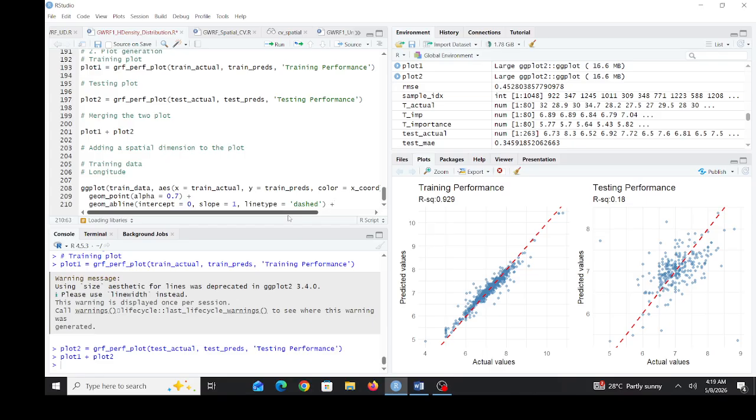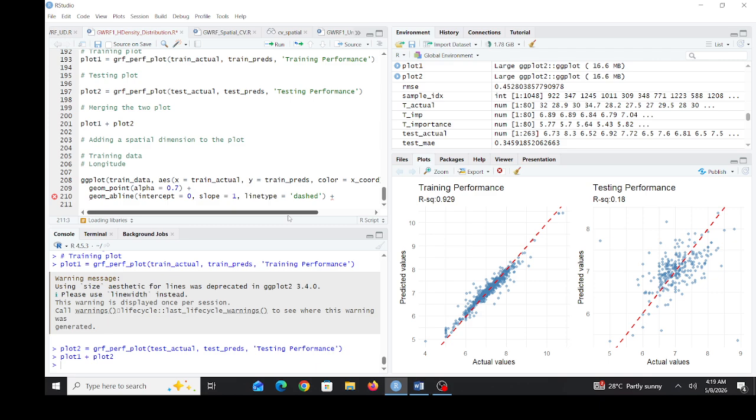Plus scale_color_gradientn, for the vector c, we just do it like this, plus